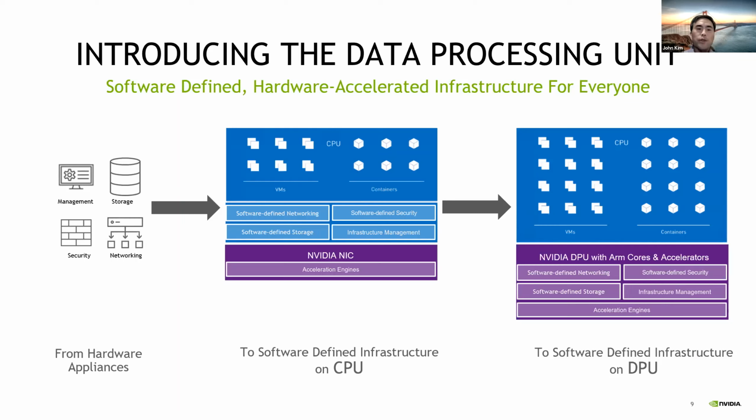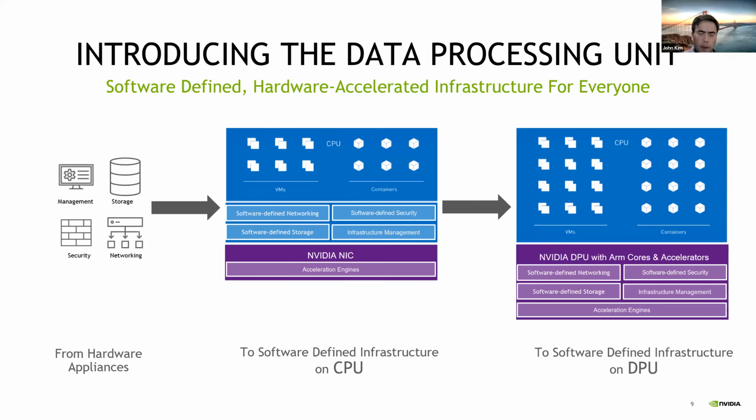But the challenge with the software-defined infrastructure is that it uses a lot of the CPU cores to run things. We see that often with the traditional software-defined infrastructure shown in the middle of this slide, up to 30% of the CPU cores are being used just to run the infrastructure. And those 30% of the cores are not available to run the applications. So this is known as the software-defined performance tax. It's a tax because every server you deploy, 30% of the CPU power is not really being used for the